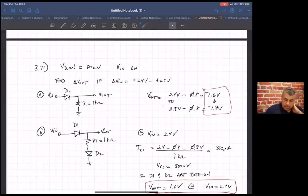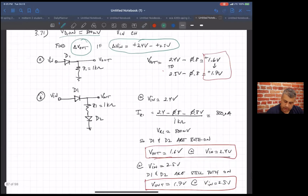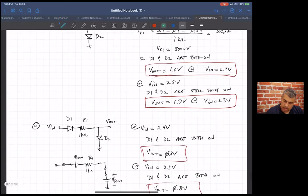Okay, so coming down the home stretch here, 3.31. I think it was asking us to find the change in output voltage if there was a small change in input voltage, with some assumption of VD on as around 800 millivolts. What can I say about this? I think the main thing was trying to decide if there was enough